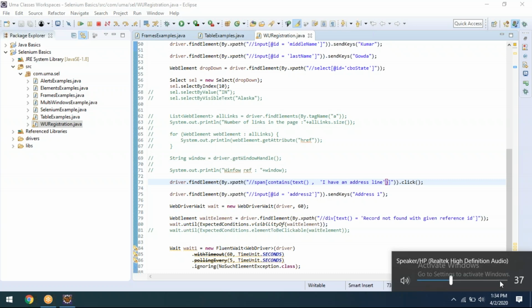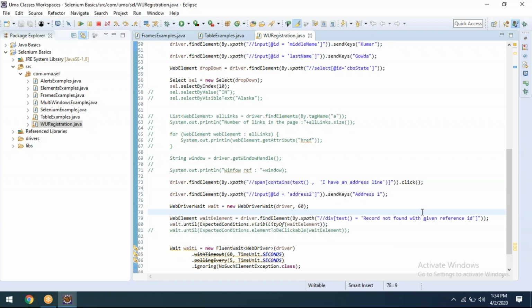No issue. Okay. Now, two more topics are pending. I told you, right? Now we'll go for another topic. The topic is actions, and one more thing, a JavaScript executor. These are the two things. First of all,